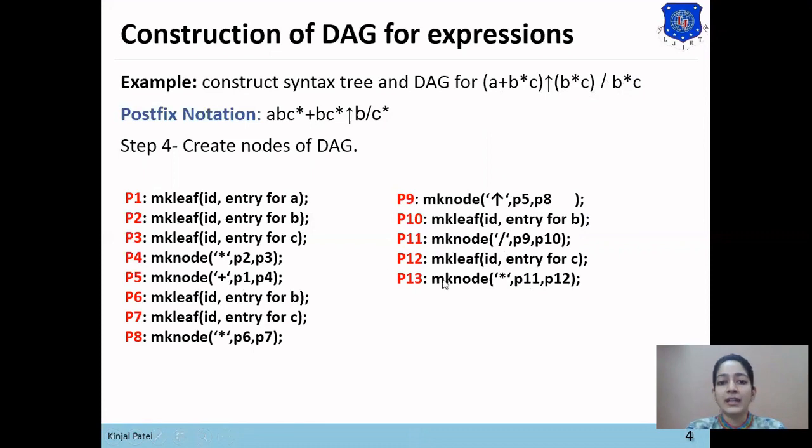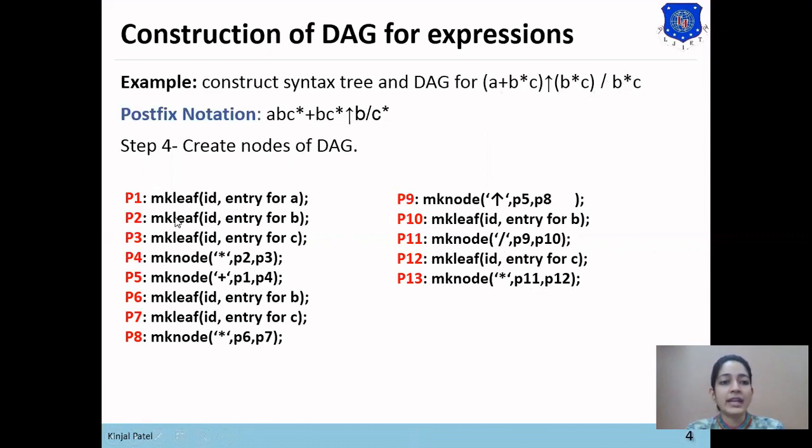So till now the node creation is the same as the syntax tree. Now the difference between syntax tree and DAG is that in DAG common sub expressions are identified. So we won't create nodes for common sub expressions in DAG. So how are these common sub expressions identified?